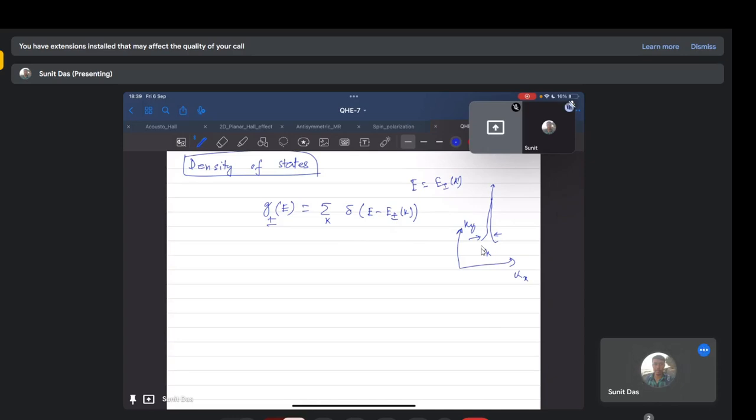But so now to calculate the density of states for both spin state up and minus, so what we need to do